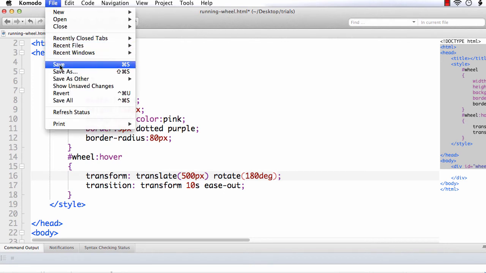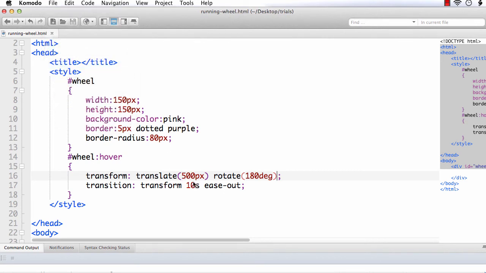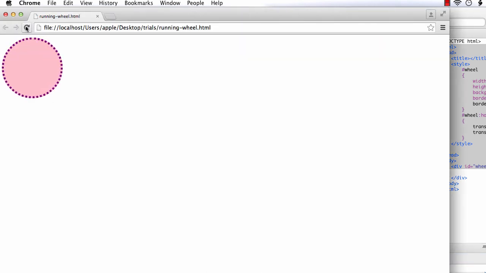Let's see how it appears. 500 pixels and let it be 5 seconds. Refresh. See, it is rotating.